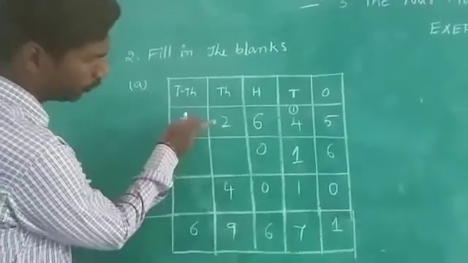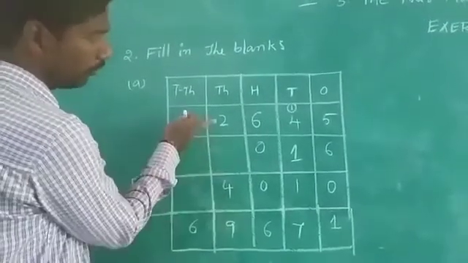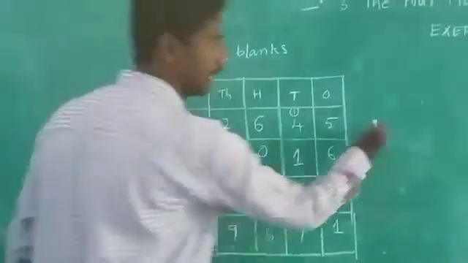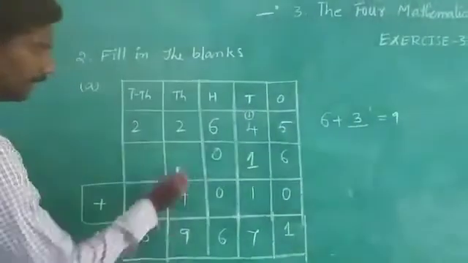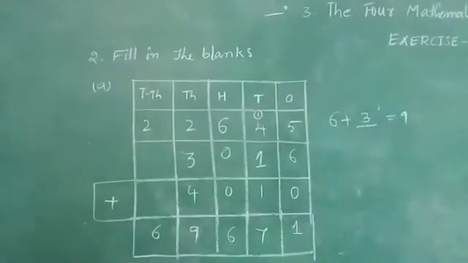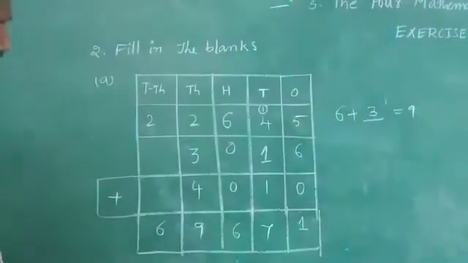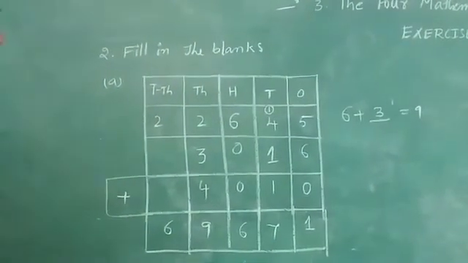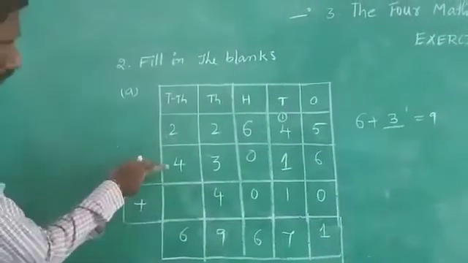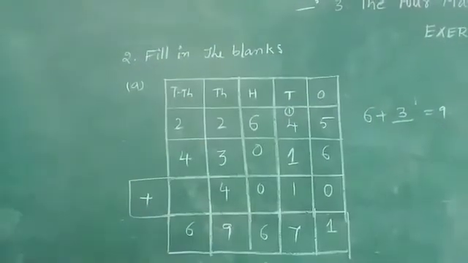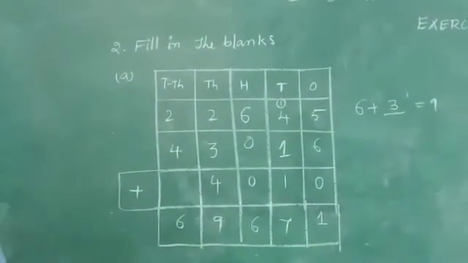Right now, see 2 plus 4. But here you need to get 9. So how will you do? 2 plus 4, 6. For 6, how much will we add? Then it will become 9. If we add 3, then it will become 9. So here is the 3 unit, right? Then here observe, here you need to get the 6. So what you will write here is, if you write here 4, 2 plus 4, 6. Yes or not? So once you concentrate on it clearly, then I will go for the second problem.